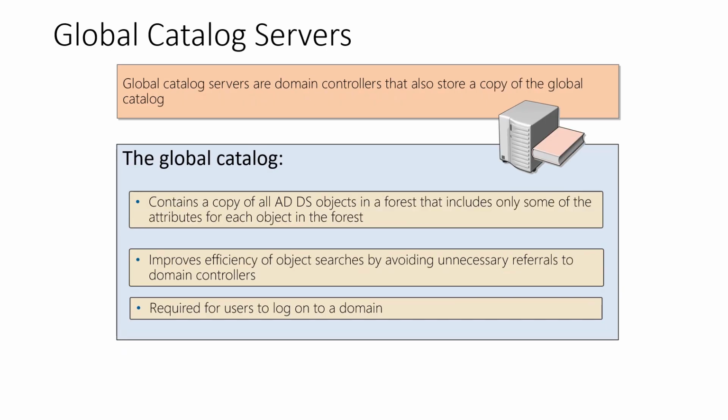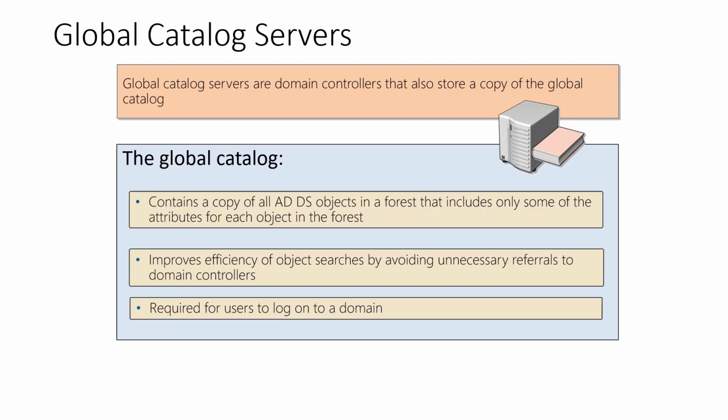Next physical component is global catalog servers. Global catalog servers are domain controllers that also store a copy of the global catalog. The global catalog partition is like other partitions in Active Directory Domain Services, but unlike other partitions, an administrator cannot enter information directly into the partition. The global catalog builds and updates its content based on values of a schema attribute that is a member of a partial attribute set, thus deciding when to replicate that attribute of an Active Directory Domain Services object in the